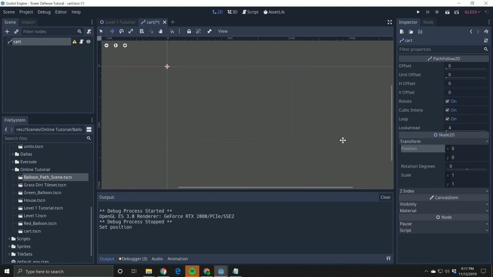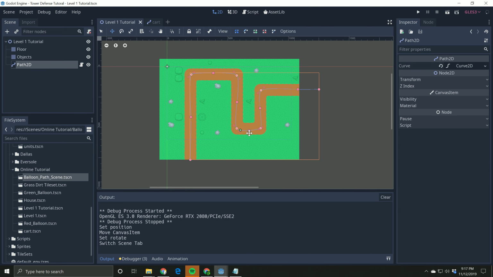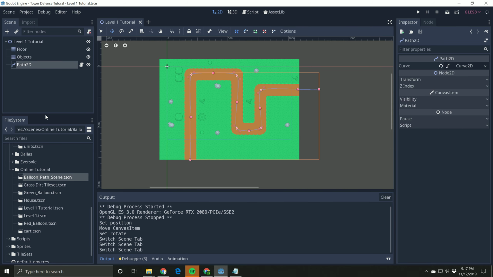I'm going to put that back at center, and now we're going to keep going. Oops. So Control S will save this. I'm done with this. I don't need this scene anymore. Well, I'm going to turn off rotate. So right there I turned off rotate, so it's not going to rotate that balloon, or rotate the balloon inside of it. Okay, now we're coming back to our level 1 here, and we're going to go into this path